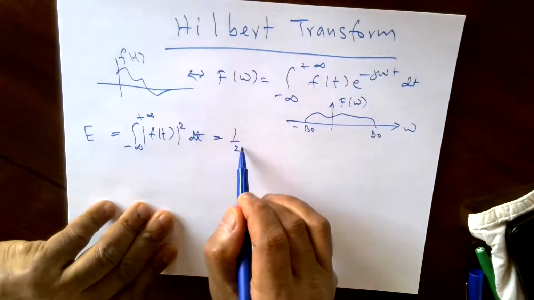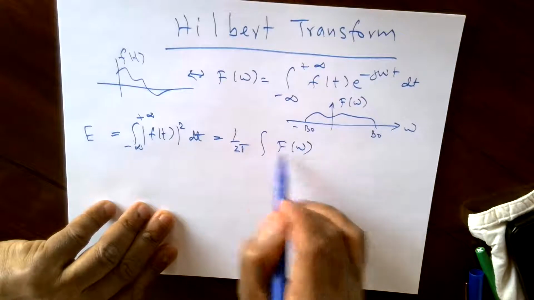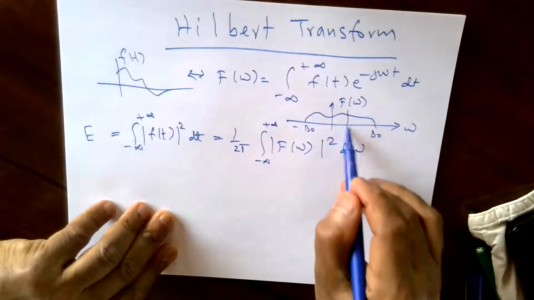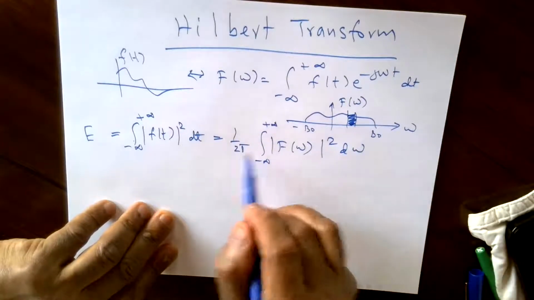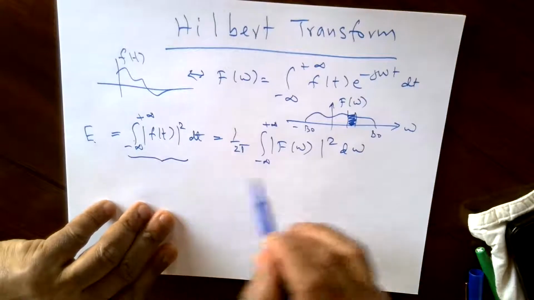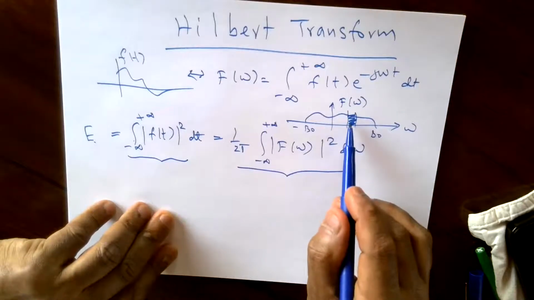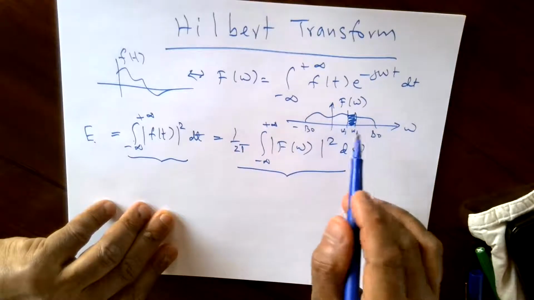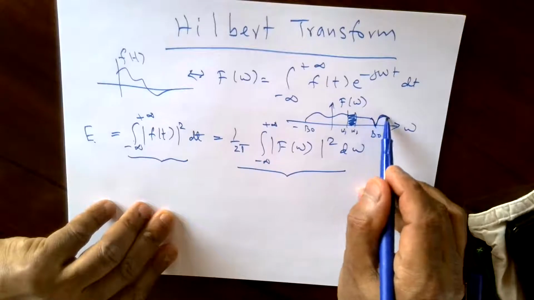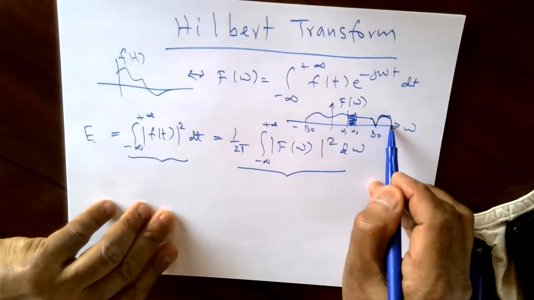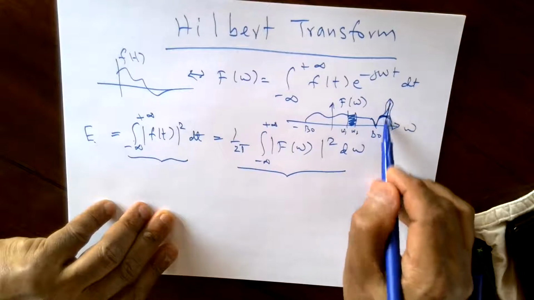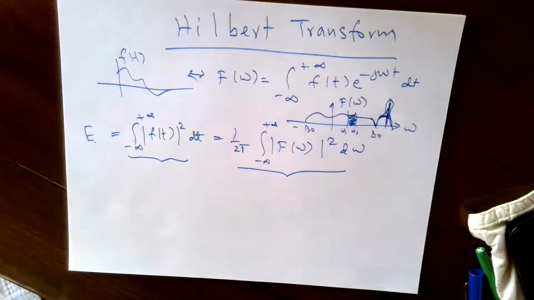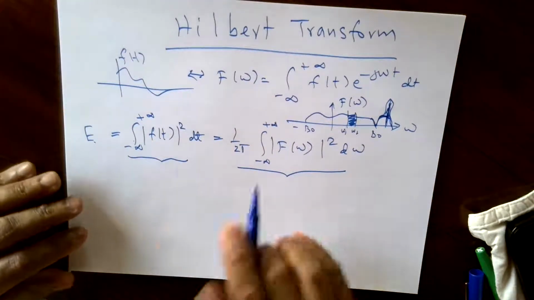also can be related in this manner to the frequency domain transform expression. So this gives an idea that whatever you see here must be the energy, because this is the total energy. Either you can write it in the time domain or the frequency domain. So whatever you see here from omega 1 to omega 2 must be the energy content. If there is a region where it goes to zero, then there is no energy there. And if there is a region where it goes up, then there is a lot of energy here, etc. So it shows which part of the bandwidth is important in the frequency domain, and this is